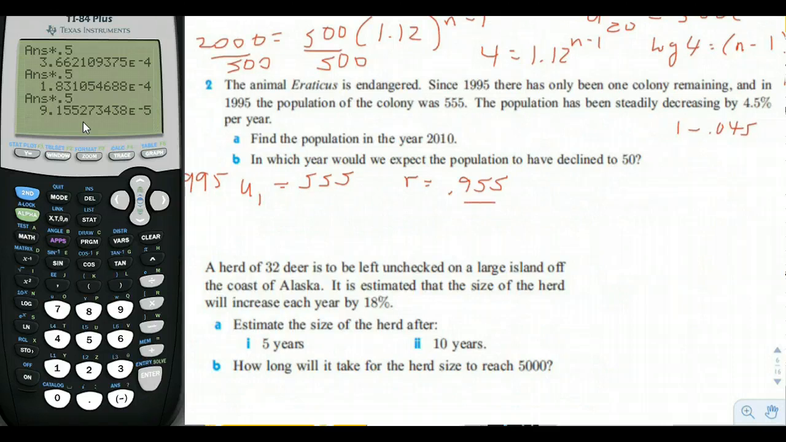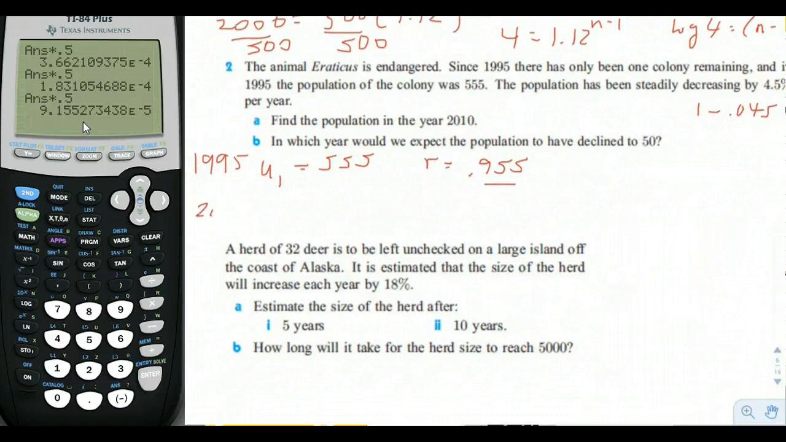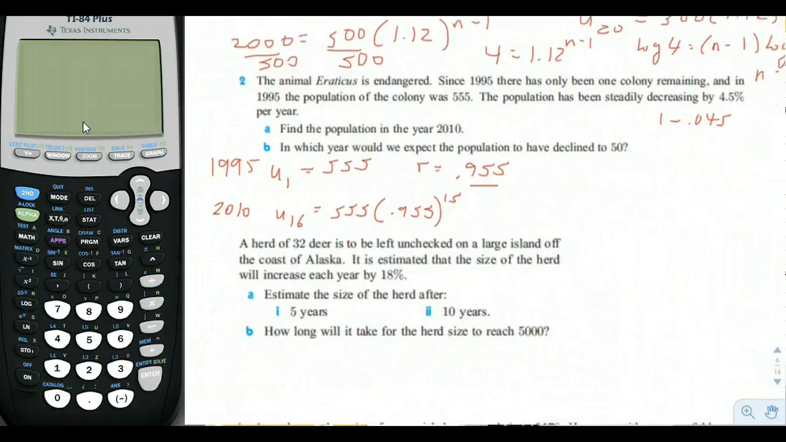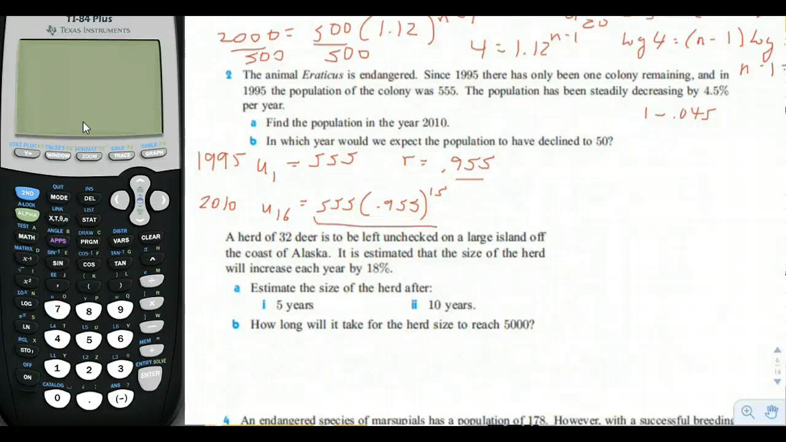So now we have what we need. If we're going to find what u is equal to in 2010, then you can see there's 15 years there. So instead of u1, it would be 15 years after u1. So that would be u16, right? So u16 would be equal to 555 times 0.955 to the 15th power. Okay. And so that, if you put that in your calculator, you'd be able to find the answer to part